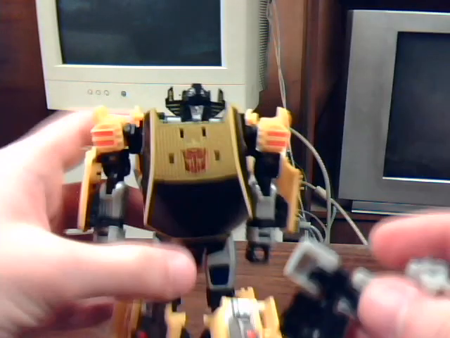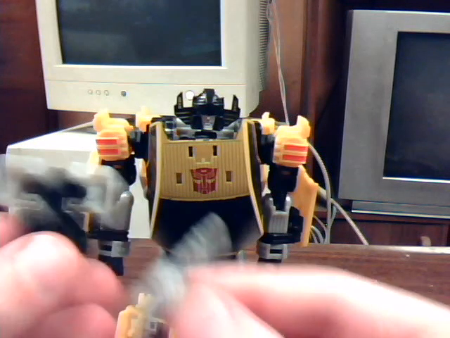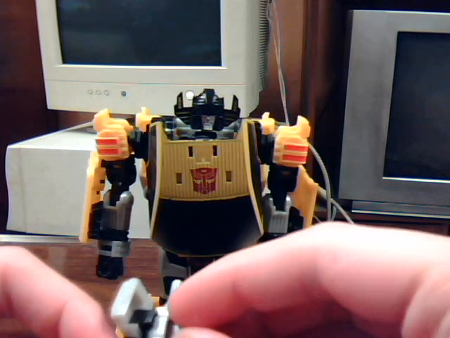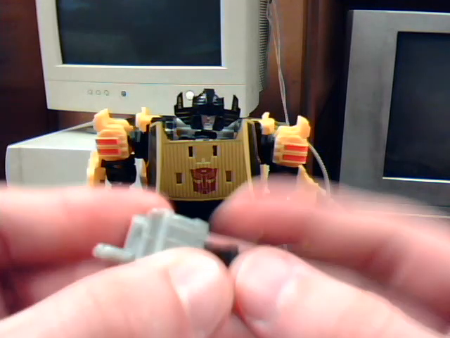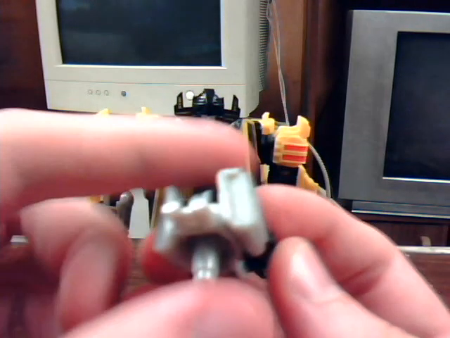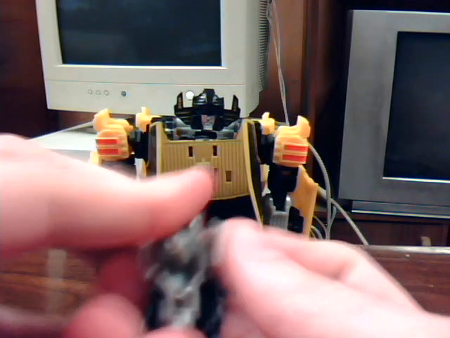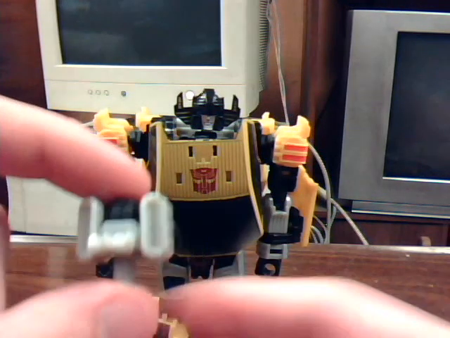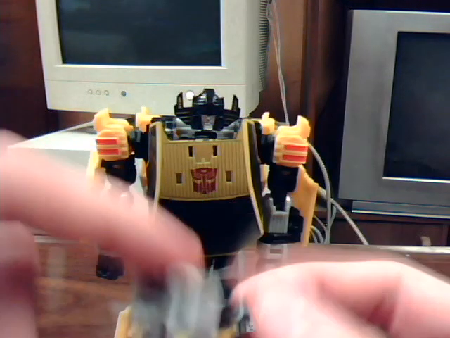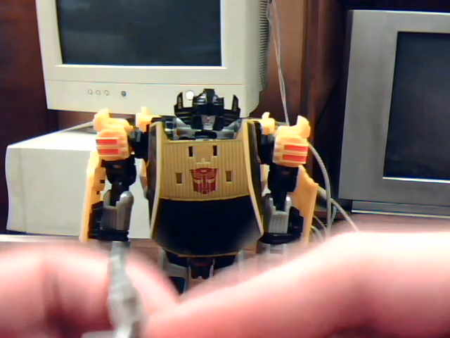Or you can take the engine and the gun and combine them by folding the engine ports intake over. It is kind of tricky because it's all holding itself together via friction. Like so, and he has a really big rifle. Now there is a way, and it's a little bit harder, you can give him an even...